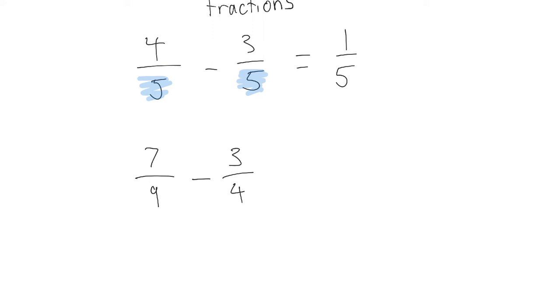Well, in this case, we need our common denominator. So what we are literally going to do is just multiply these two, and that's going to give us a common denominator. In this case, 9 times 4 is 36. Now, because these numbers are opposite each other, we know that to get to 36, we've had to multiply this by 4. Now remember, what we do to the bottom, we do to the top, times 4. So 9 times 4 is 36, and 7 times 4 is